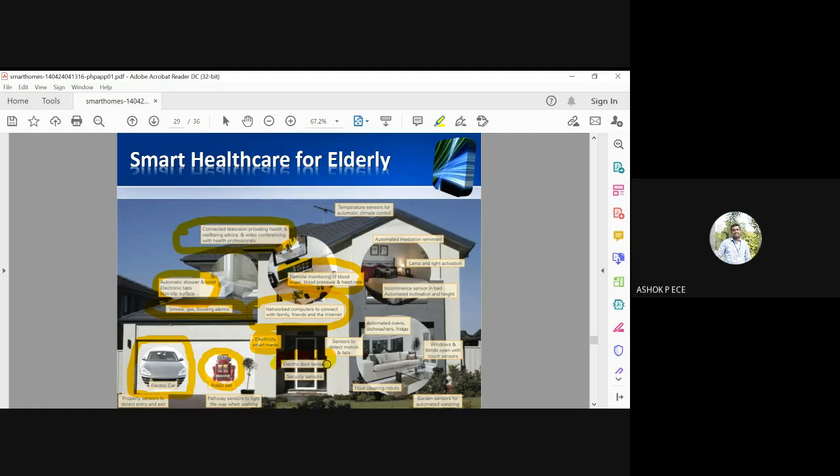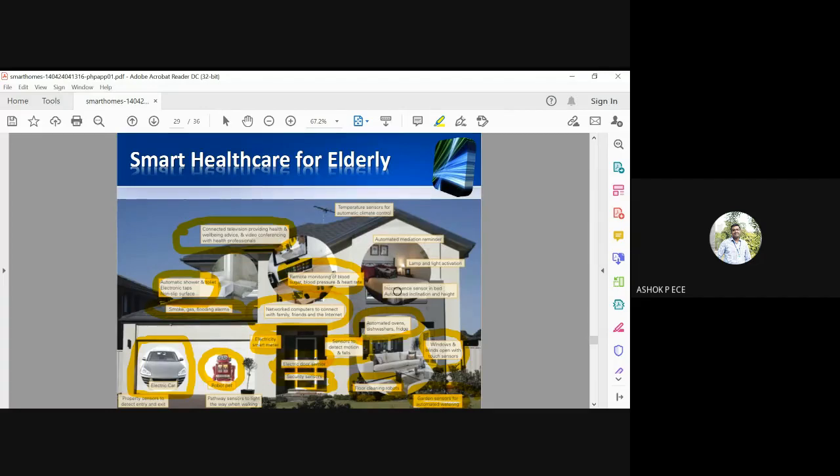Electric door sensor to automatically detect authorized or unauthorized access. Security sensors will have electronic locks. Sensors to detect motion and falls. That is also there. Floor cleaning robot. I told you, you have a robot for cleaning the floor. Gardening sensors for automated watering. Daily, at a particular time, you have to switch on the water, so the sensors will turn it on automatically for a specific time. Windows and blinds open with touch sensors. So you can touch them and open. Automated ovens, dishwashers, and fridge, which are there inside your kitchen.